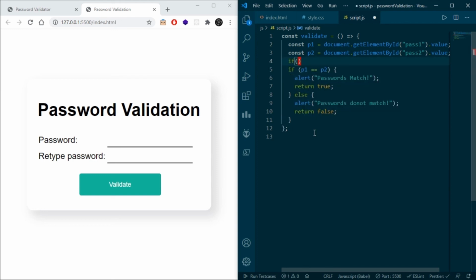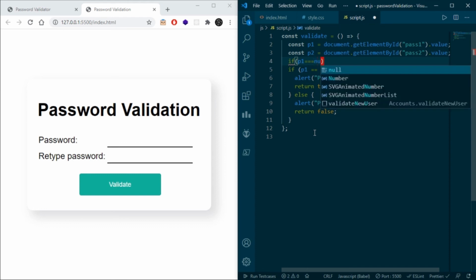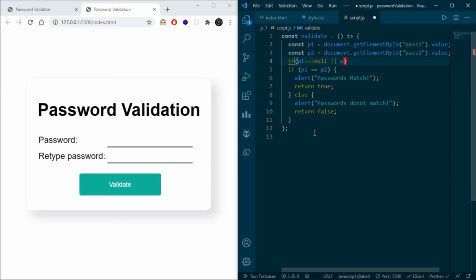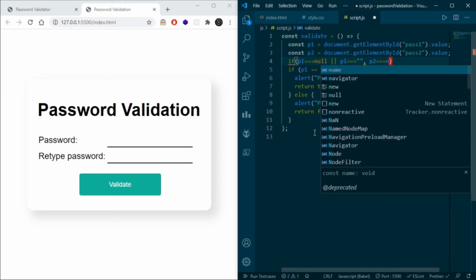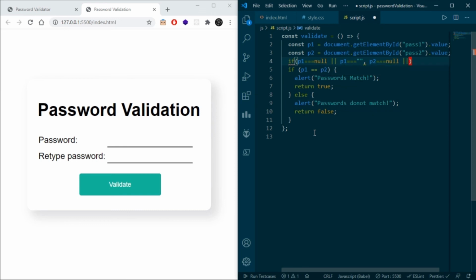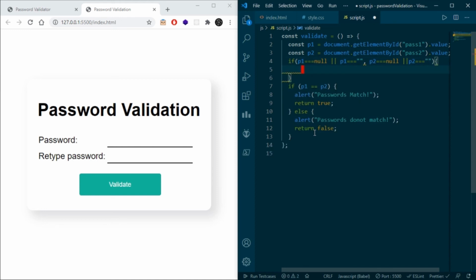If p1 is equal to null, or p1 is equal to empty string, or say p2 is equal to null or p2 is equal to empty string, then we will alert the user to fill all required fields.